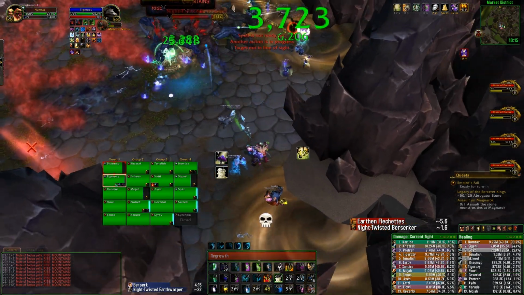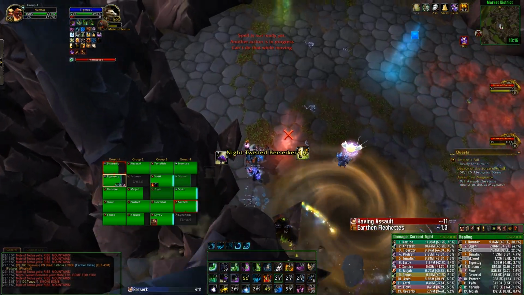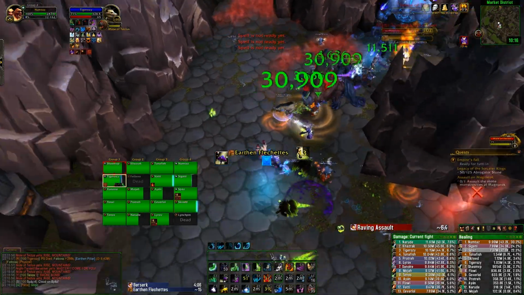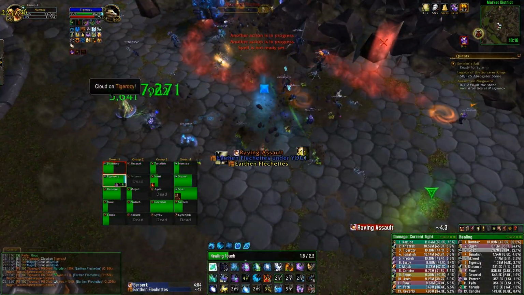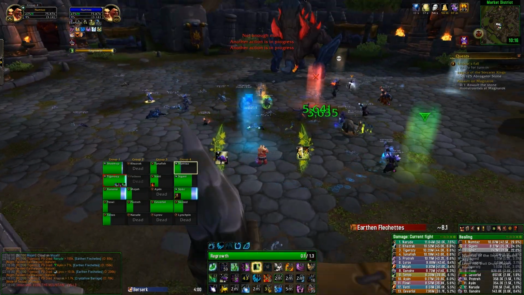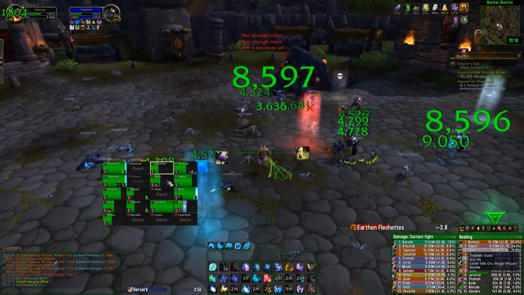Really at this point it's all about survival of the fittest a little bit as well. Maybe a couple of people will die, but as soon as all these pillars have spawned, the ads really should be dead or very, very close to dying. So assuming that you can get through this pillar phase and the ads are very close to dead, you should be fine. If they are still on high health, well, have fun being spread out with 10 bloody cloud debuffs